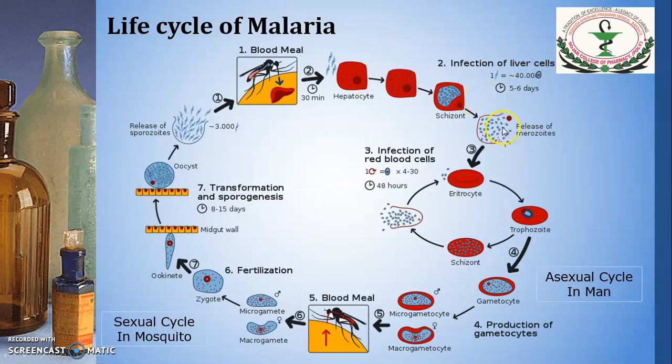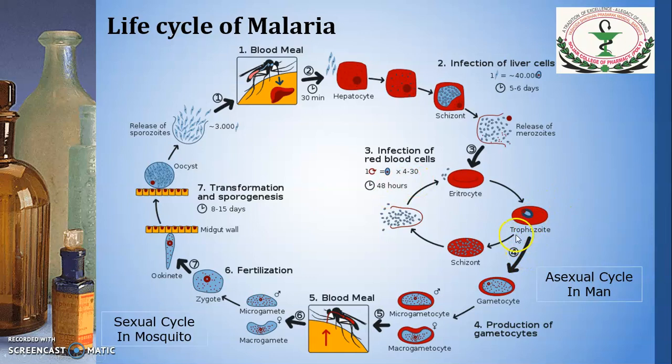Now, the merozoites which are released by the liver cell will come into blood circulation and infect the erythrocyte. Here the infection of the red blood cell occurs, which will form the trophozoites. After this formation of trophozoite, two things happen. It will divide and redivide to form schizonts, and that will break open to release more and more merozoites, so that they will affect other blood cells.